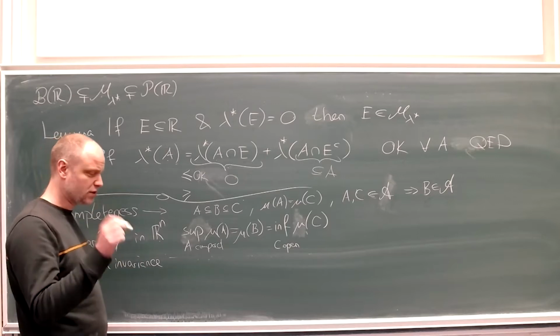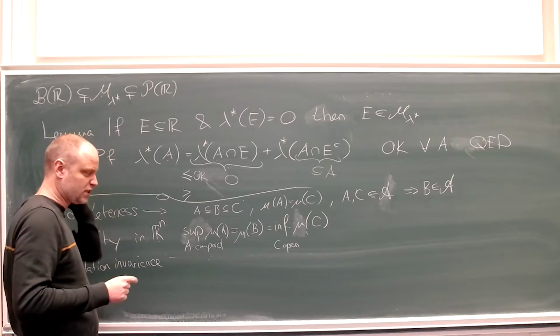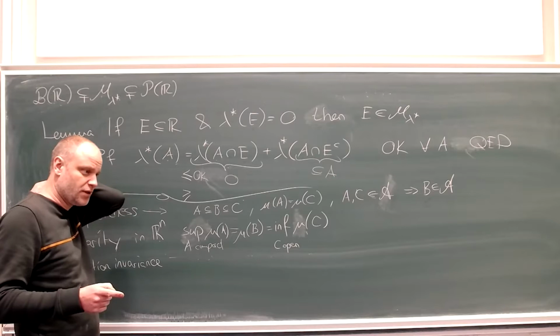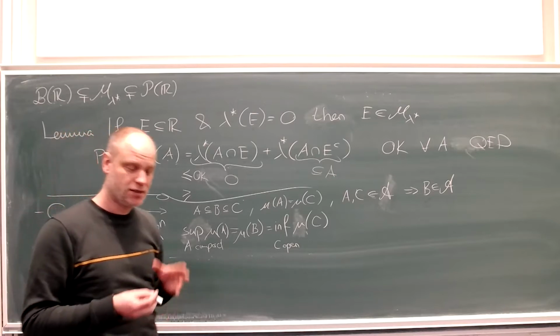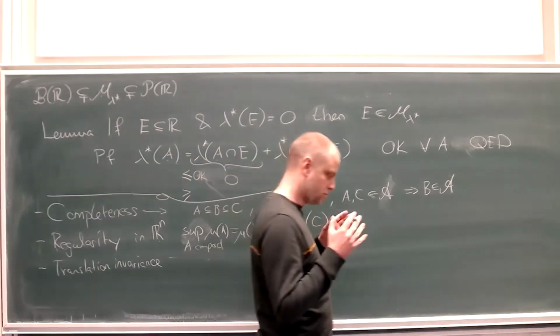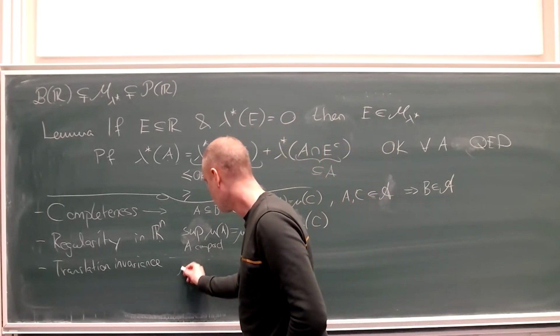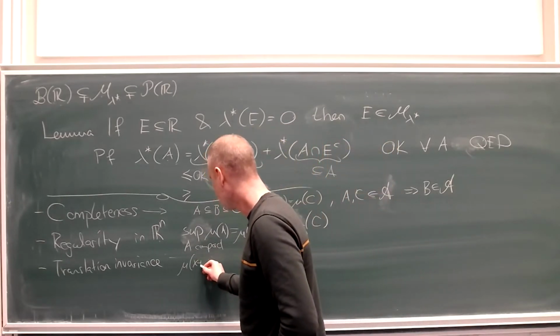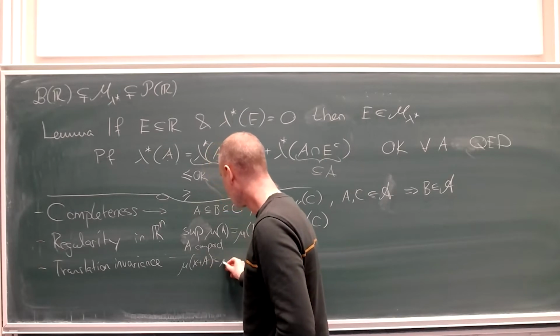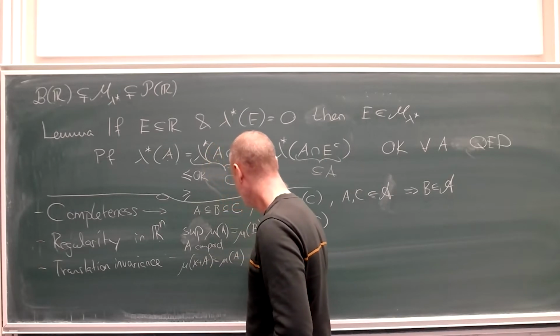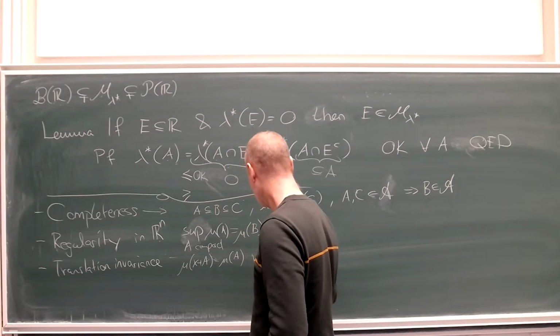And then there is 1.4.5, which says, and this is interesting, if you have a measure which is translation invariant, so mu of x plus A is equal to mu of A for all x in Rn,